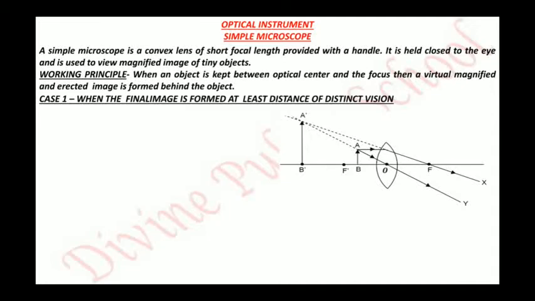Okay, so we get a virtual erect image, and in this case, the image is supposed to be at the least distance of distinct vision, meaning the distance between O and B dash must be equal to capital D. In such cases, we define the magnifying power of the simple microscope, and the magnifying power is defined as